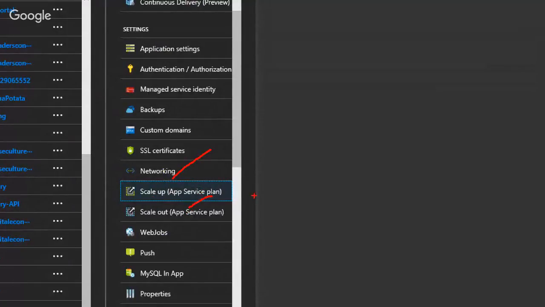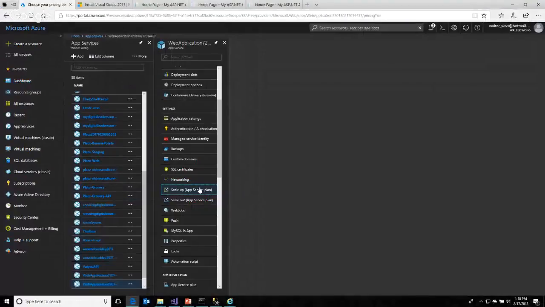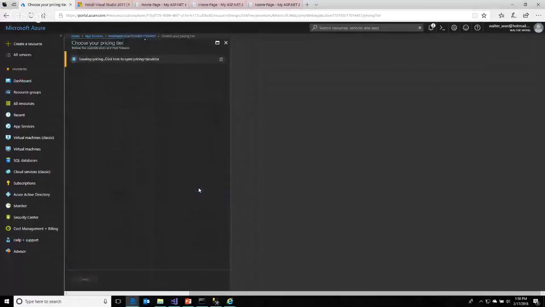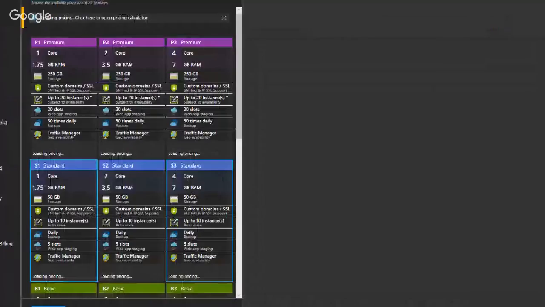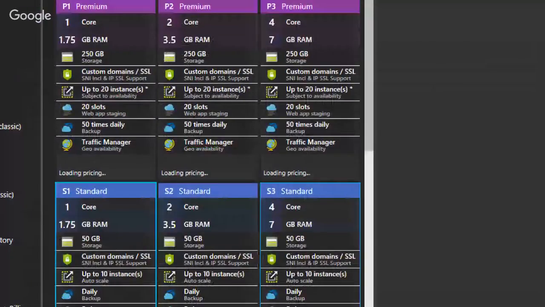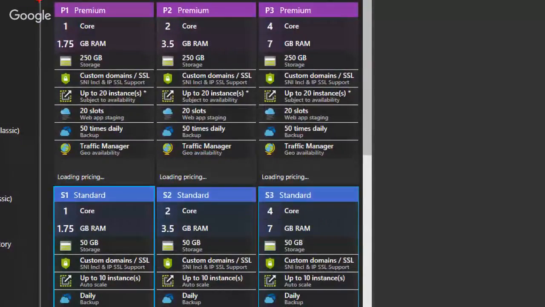But let me go back to scale up and explain. As you can see from here, I'm only looking at the more high-end options. For premium, you can go up to 20 instances. But for standard, the one I chose, I can only go for 10 instances.